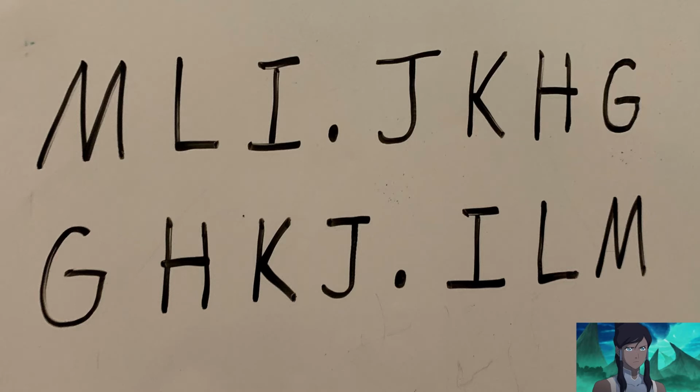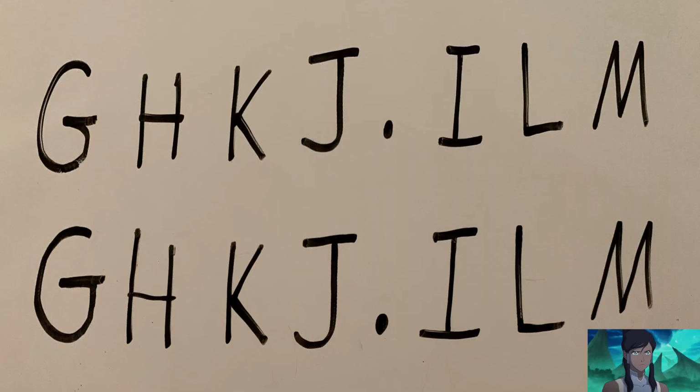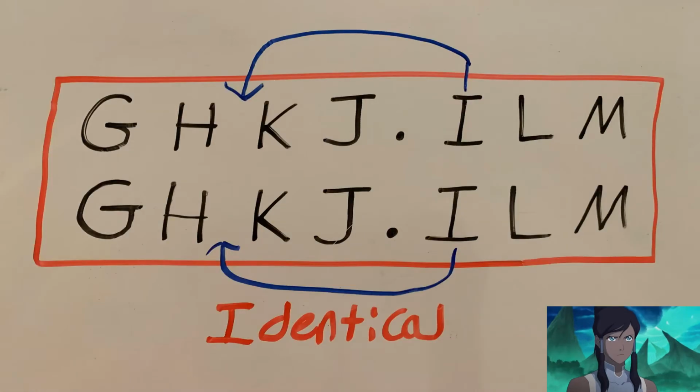So the dot represents the centromere, and the letters represent different areas of the chromosome. I flipped the top chromosomes so that the regions at the front and the back of the chromosomes would be lined up. This way I can easily examine if the two chromosomes are different and where they diverge. As you can see, Korra doesn't have any chromosomal aberrations that would inhibit her ability to produce viable gametes,